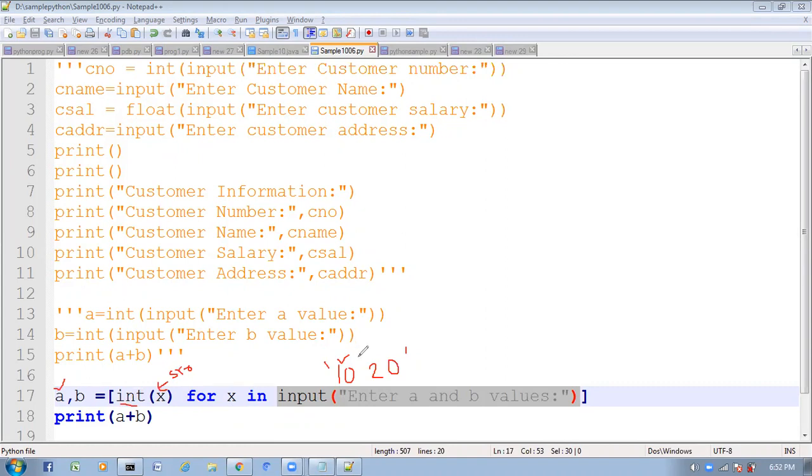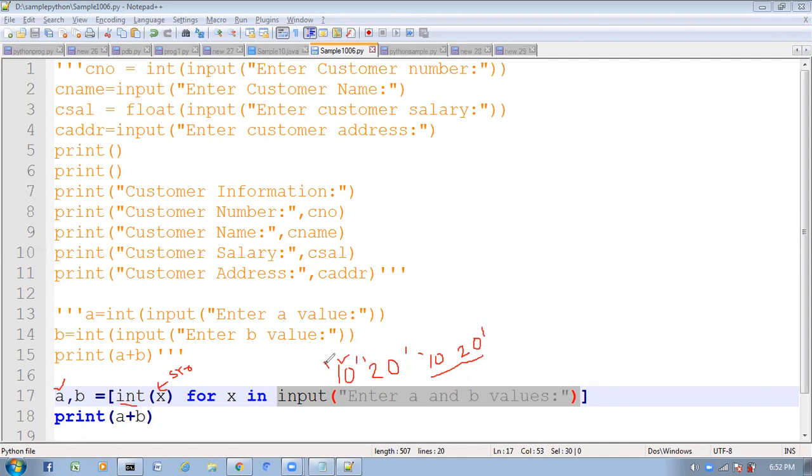Here, finally, you will get A and B, and 10 and 20 like this, two separate strings, after separating. And here you are providing 10, 20 like this, as a single string. And what is my requirement? I want to divide this single string into two strings like this.